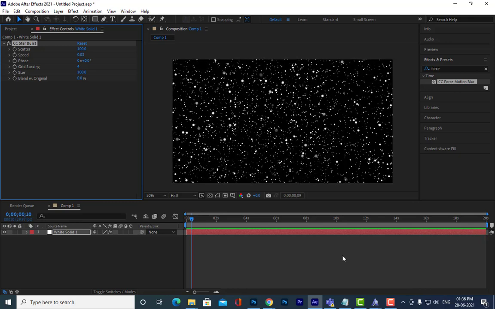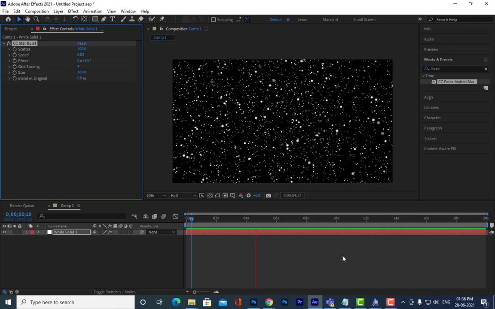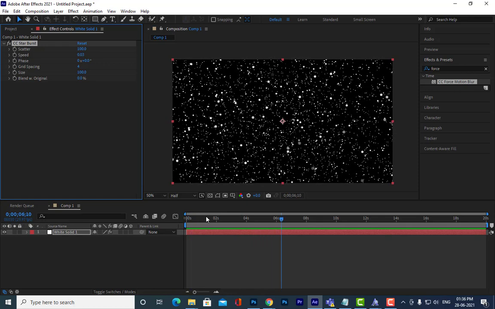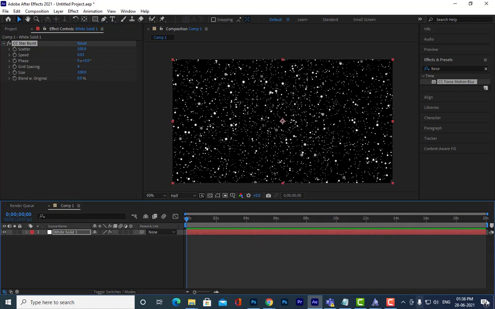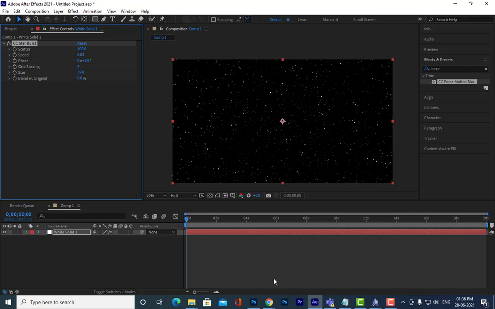So what we can do with this is create a space-like scene, or a sky with a lot of stars. You can also reduce the size, so now they look like small stars.